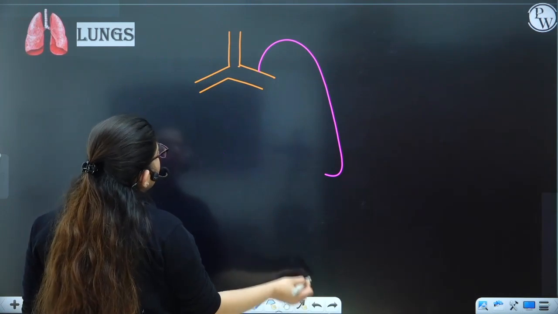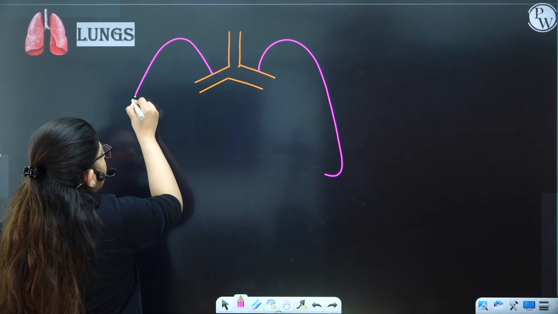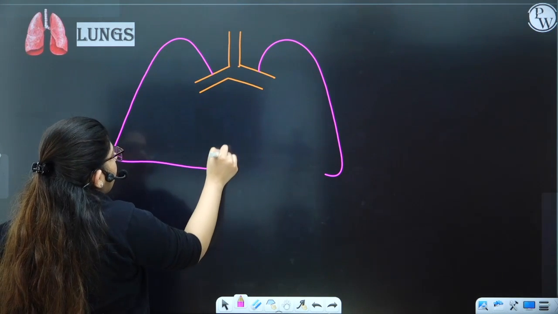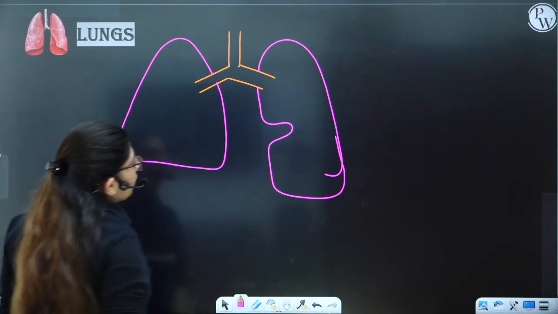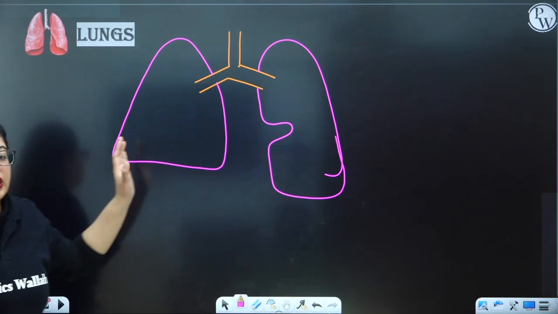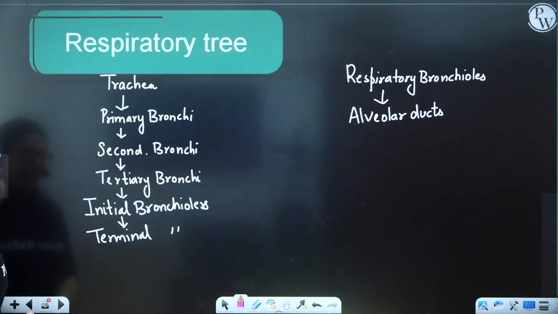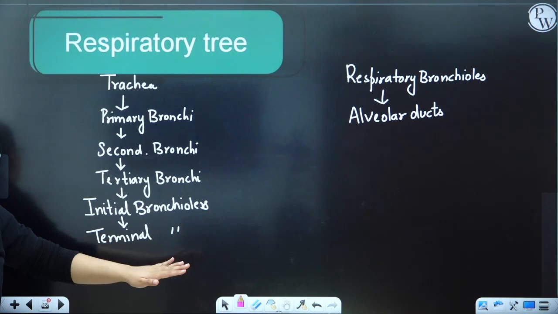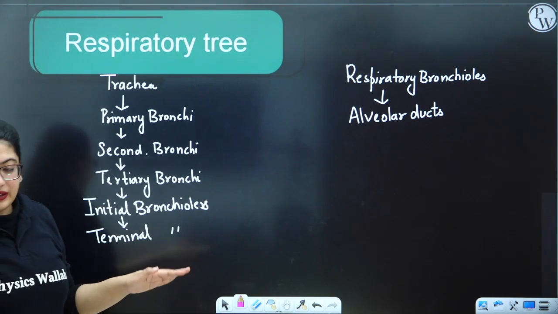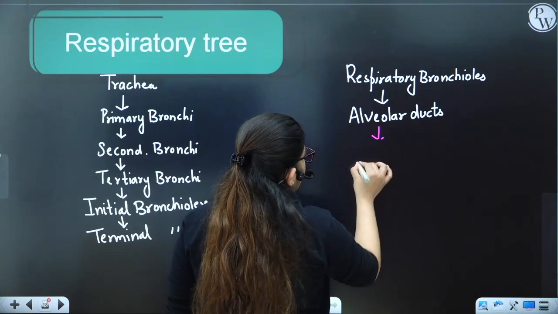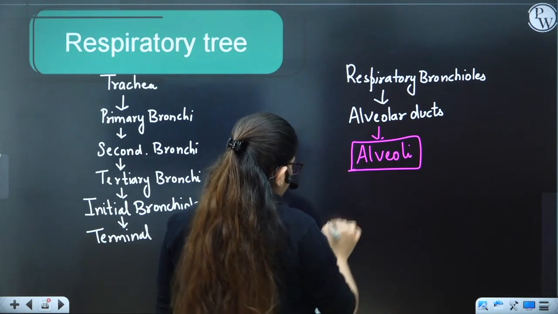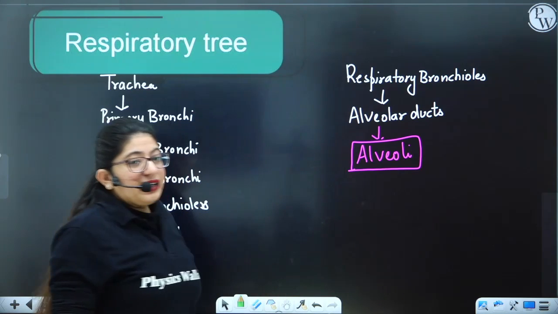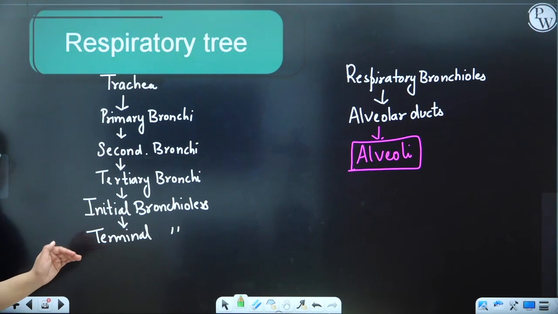Fine? They will open into lungs. So these are your lungs. All right? Okay. So this is how the primary enters into the lungs. So whatever structures we are now talking about, these are all present inside the lungs. Where are they present? All are present inside the lungs. Now these alveolar ducts, they will open into the main structure, the exchange site, which is alveoli. What are they? Alveoli.